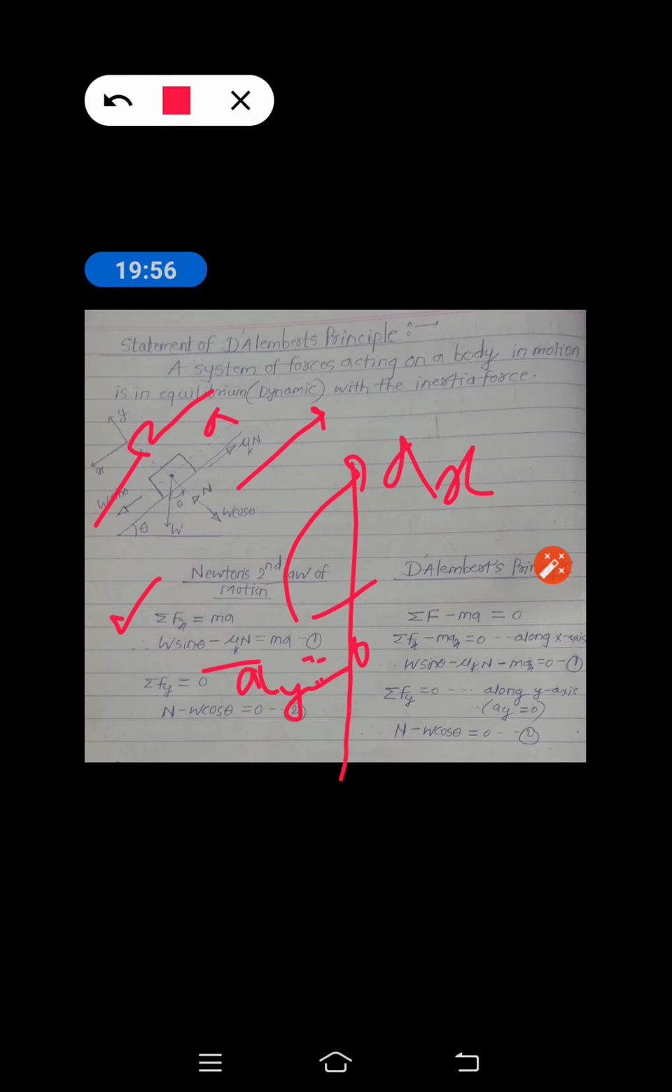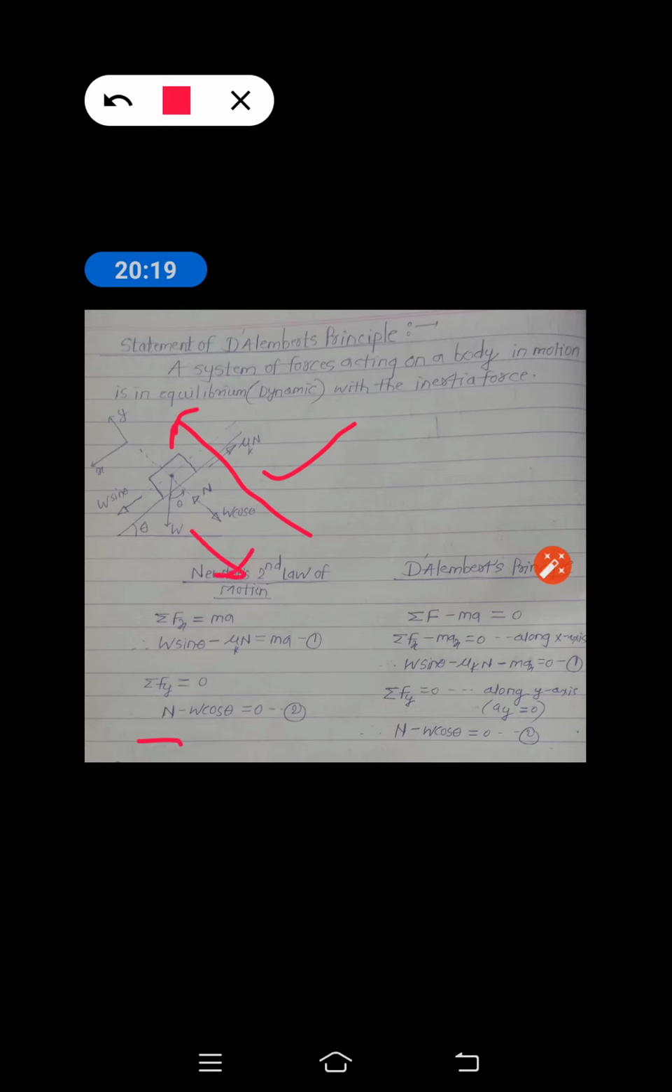So that's why we take acceleration in y direction as 0. So summation of Fy is equal to 0. Okay. What is summation of Fy is equal to 0? See this free body diagram again. So N in positive y-axis, then W cos theta in negative y-axis is equal to 0. So you're getting these two equations according to Newton's second law of motion. At the same time,